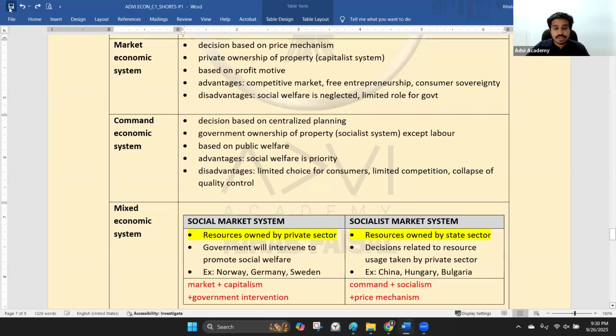Yeah, North Korea used to be command. Actually, I think North Korea is there. If you take the command economic system, the country that has the most command economic system socialism is now North Korea. But to be honest, North Korea also has a price mechanism. Again, they have shops and entrepreneurship is allowed.